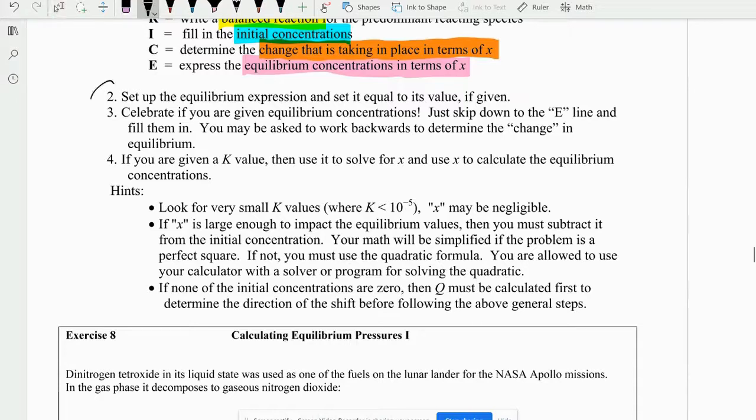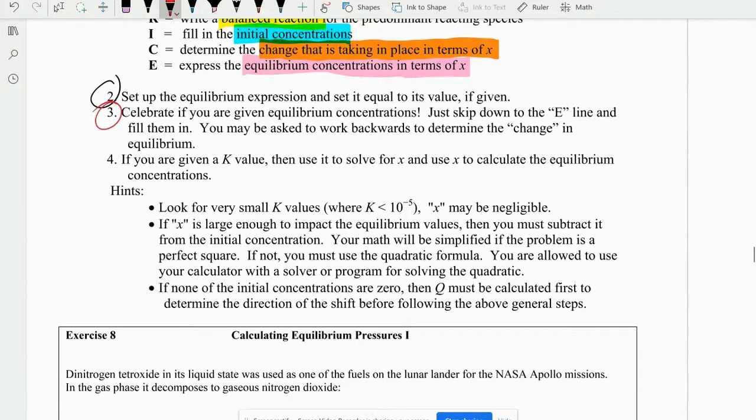We're on number 2. After you set up your RICE table, you are going to set up the equilibrium expression. Next to your table, you can write the actual equilibrium expression, which we did learn how to do in the first part of this unit. And what you're going to do is set it equal to a value, of course, if that value is given. It may not be. Step 3,